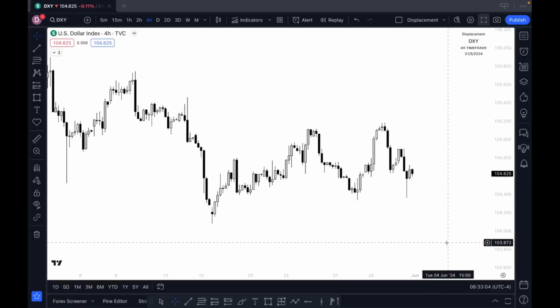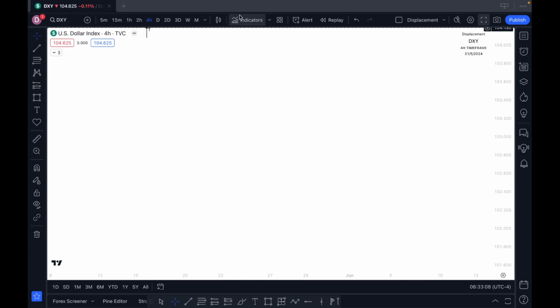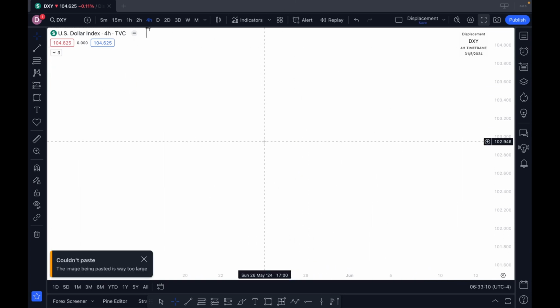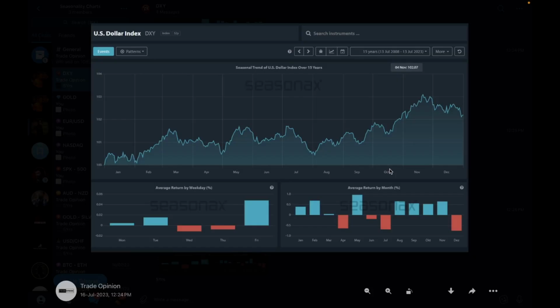So it's a new month, so let's start from the seasonality charts. Every new month we will go through the seasonality charts. Let me open the seasonality charts. See the seasonality chart of